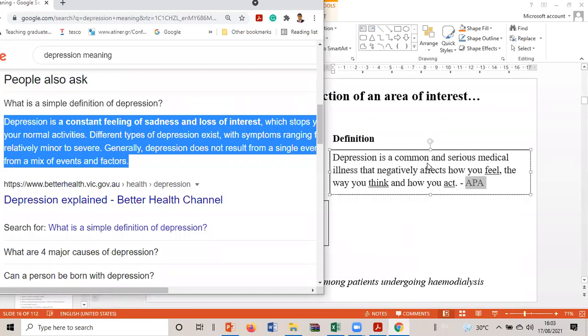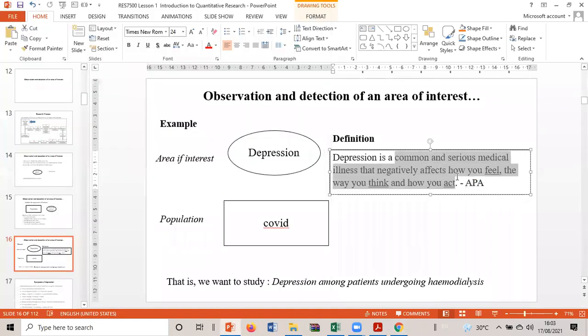The one you cite with the APA. Why do you prefer this? Because the online one is a general website, it's not supported by any source, so it may not be sufficient for your research. Here it is from the American Psychological Association, so this is more valid.